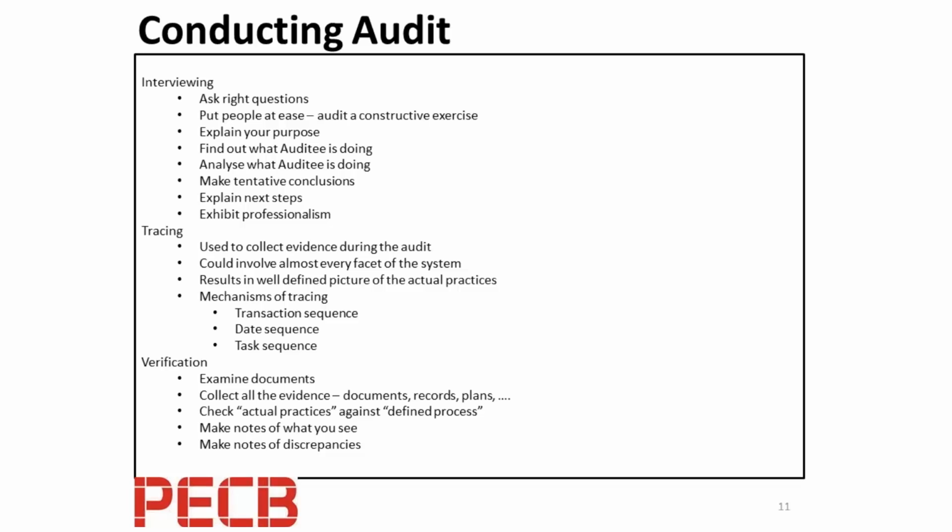And of course, conducting the audit interviews: ask the right questions, prepare a list of questions that need to be asked, and put people at ease. Because when you are conducting an audit, people are already tensed up. They would get frightened, and then they may not be able to tell you the information. So we need to be friendly with the auditees, make them at ease, and explain the purpose